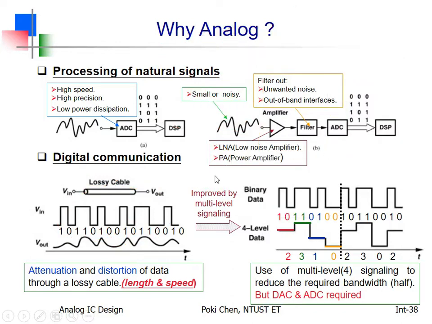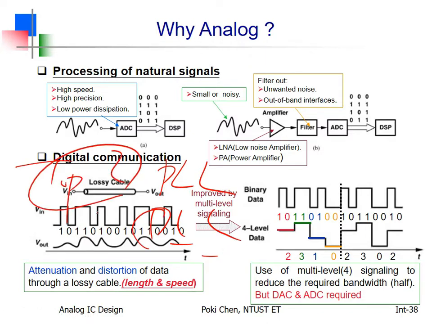But how to achieve such kind of thing? If you embed your clock into your data, that is from the transmitter side. So after you receive, the data and the clock are mixed. Oh, how can you extract your clock out to sample your data? We need help from phase lock, from lock loops, either PLL phase lock loop or DLL delay lock loop. Oh, so that is another hint. The top two analog IP actually is lock loop.